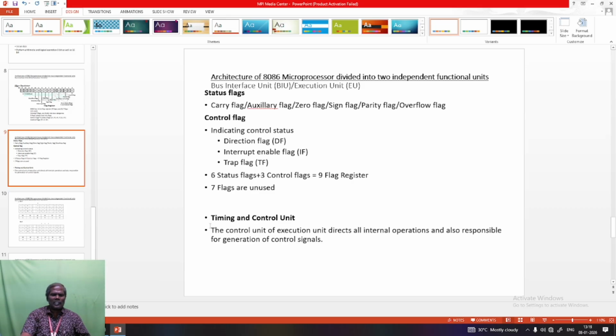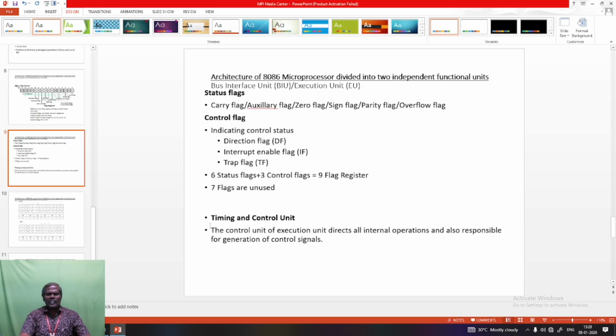Direction flag means: if the direction flag is equal to 1, the instructions will be processed in a decremented way.